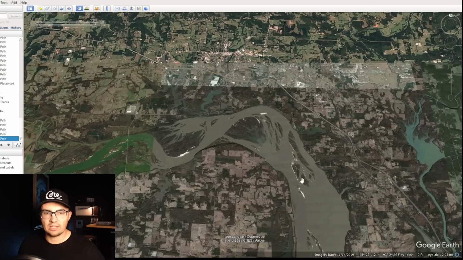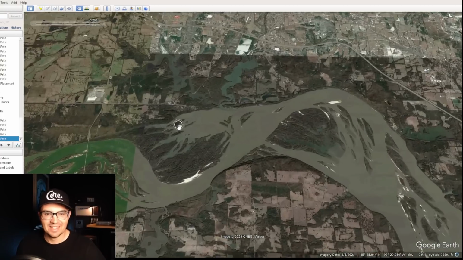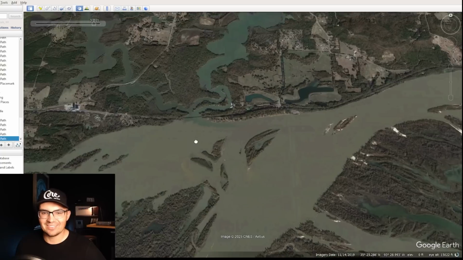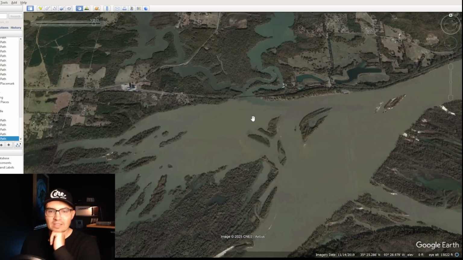Another area is getting into some of the sketchier backwaters. And this is kind of the fun stuff that guys like to probably hear about. I'm actually going to go out to Lake Dardanelle tomorrow and try to run some of these backwaters, so wish me luck. But anyways, what you can do with these backwaters is